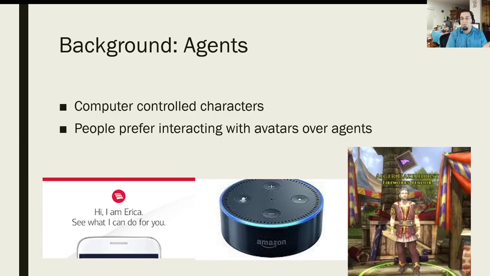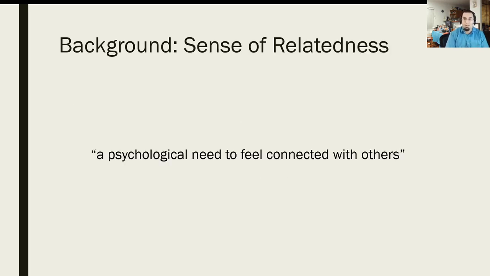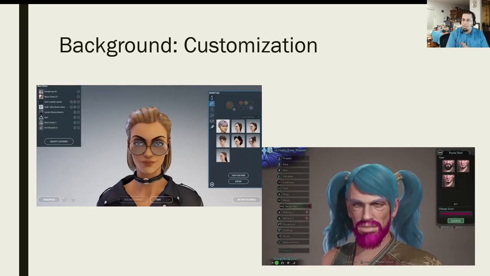One potential venue to improve adoption of agents is to improve users' sense of connection or relatedness to the agent. Need for relatedness is centrally important to internalization and crucial in life well-being, so it's worth exploring its effects in the context of agents. We'll explore customization as a design feature since it has shown positive effects on motivation with avatars.